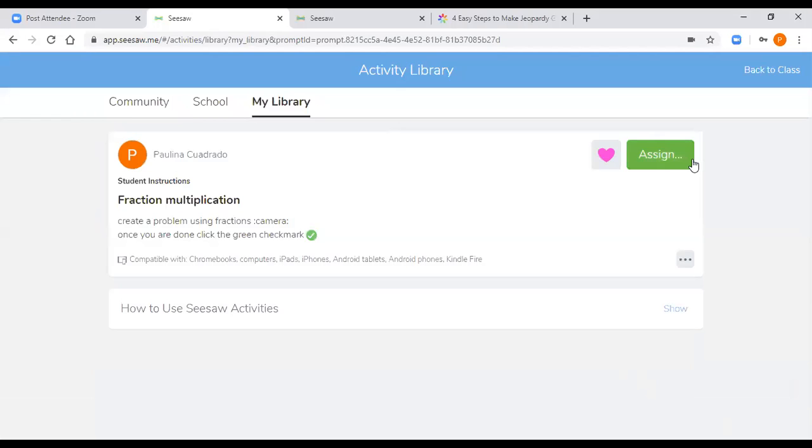And it's right there. That's it. That's my new assignment that I just created that I'm just gonna delete because it's kind of lame. But